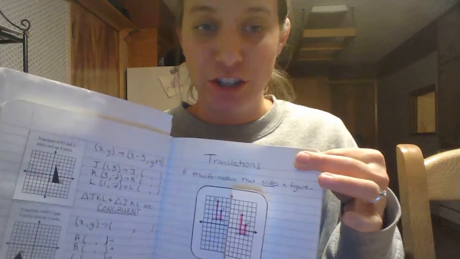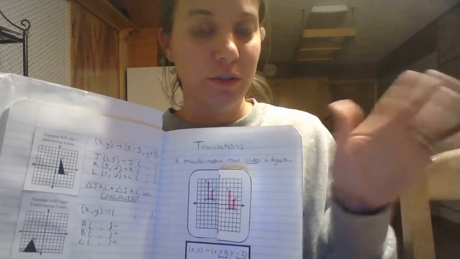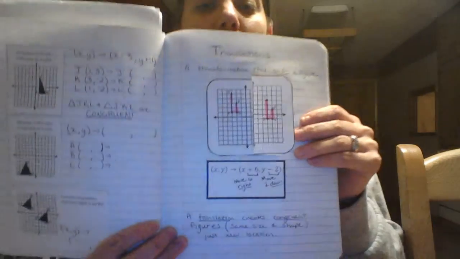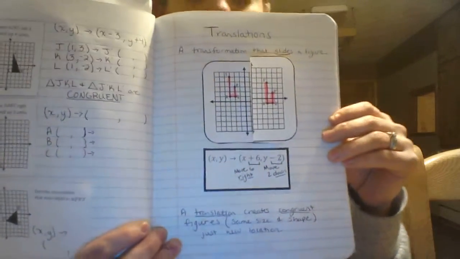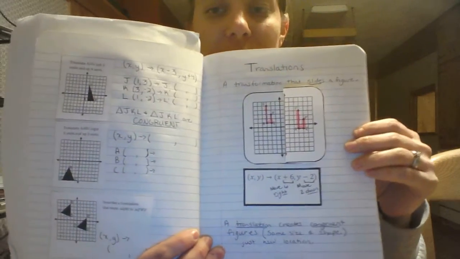All right, so you should already have your table of contents stuff written down. As I'm making this video, I'm not sure of page numbers right now, so you should already have page numbers. You should be good there. So we're on translations first. So translations